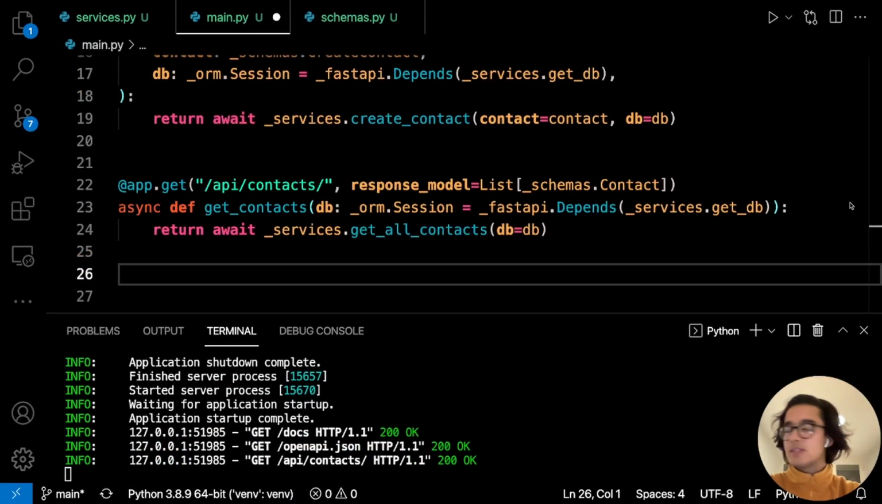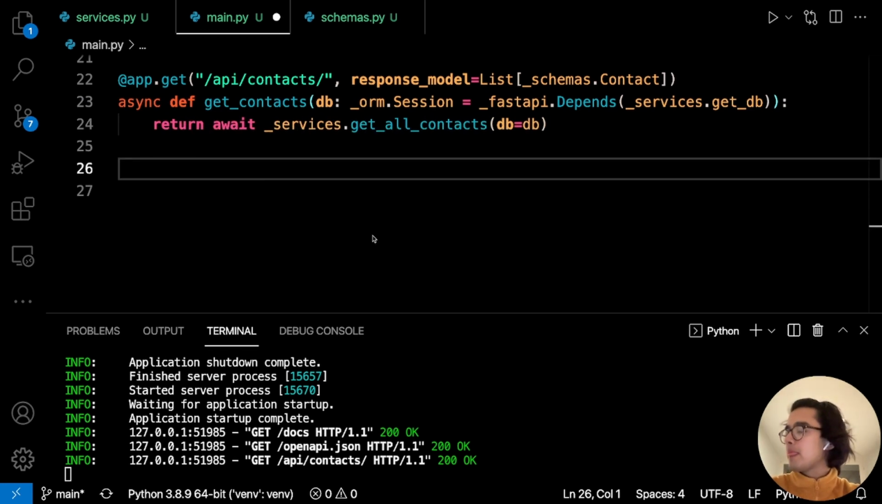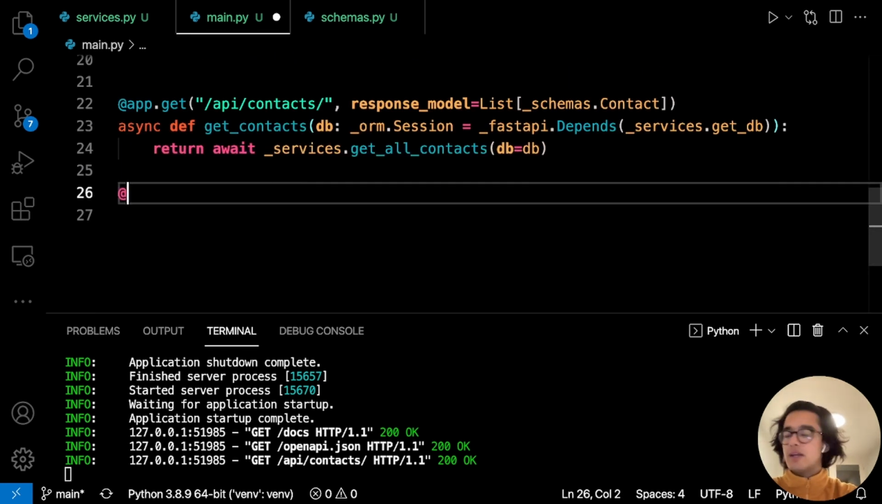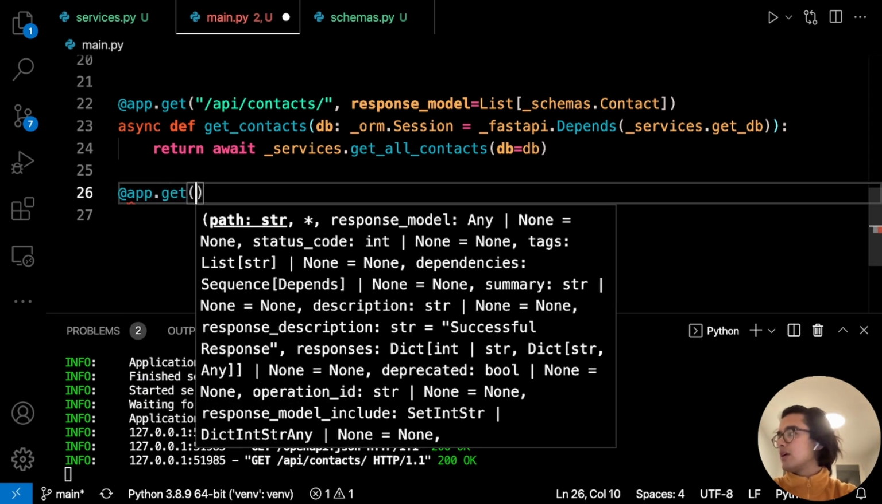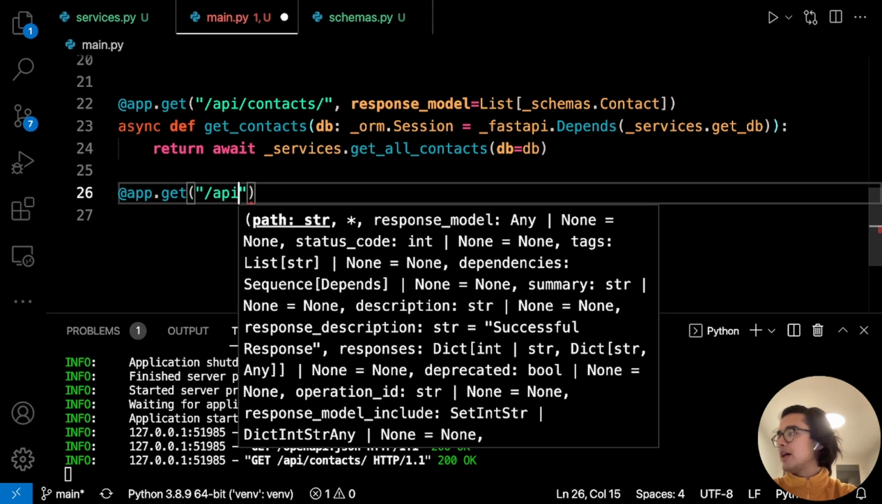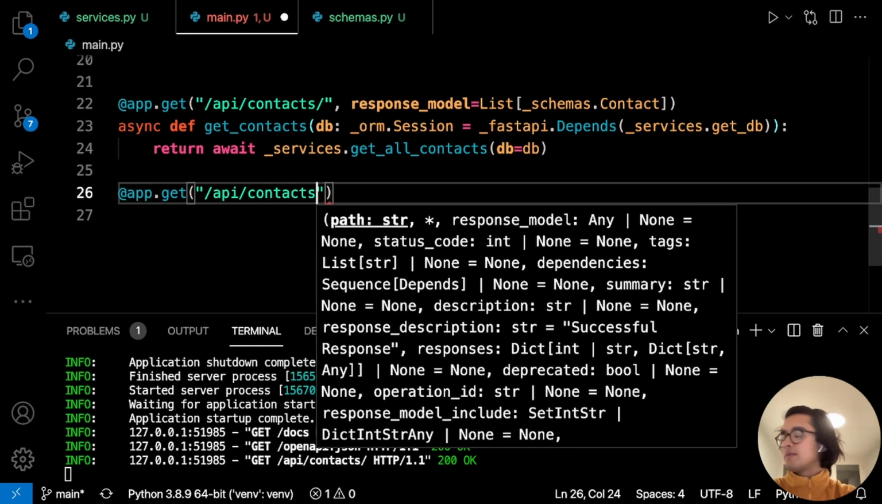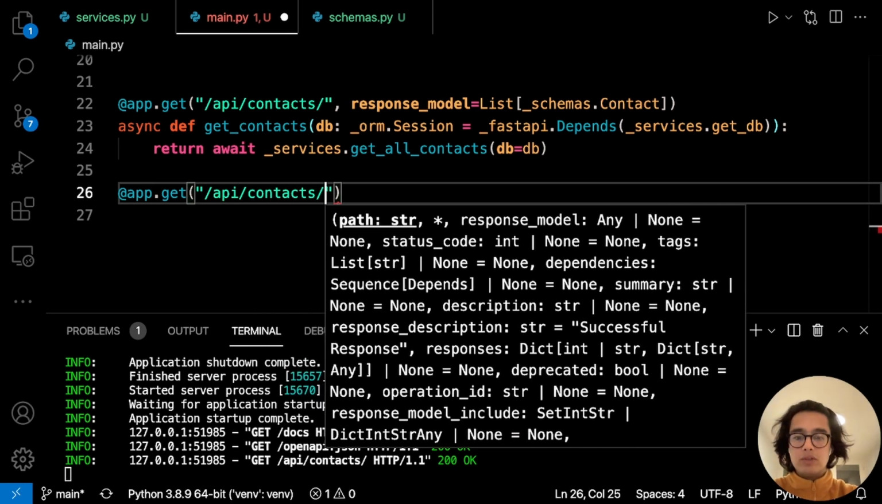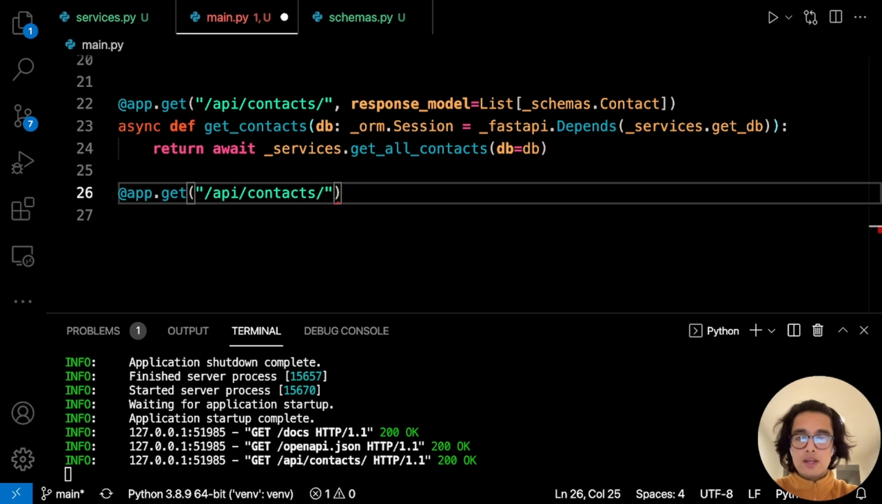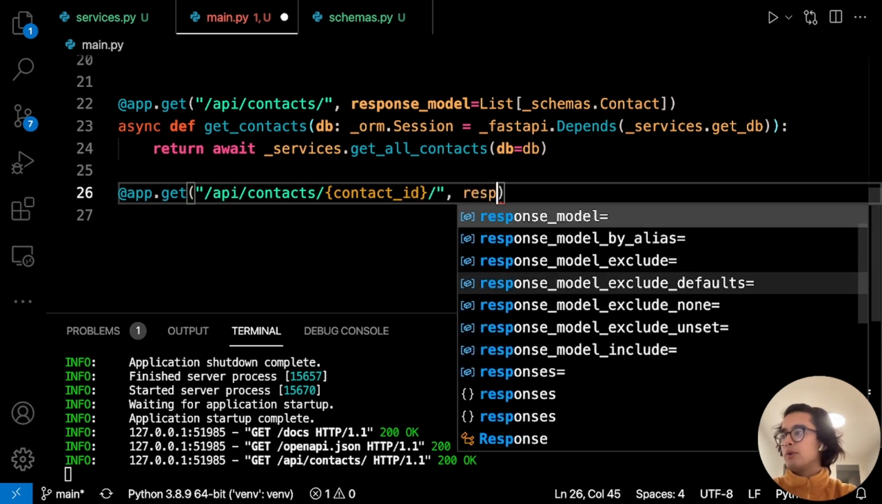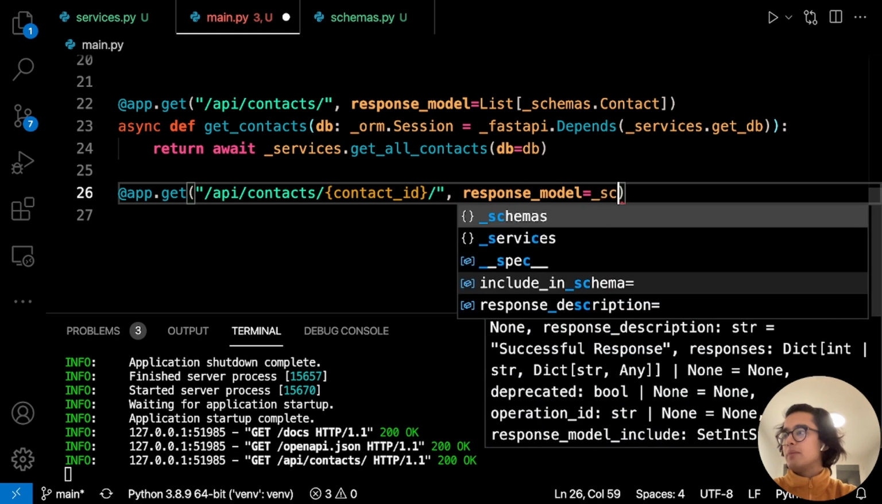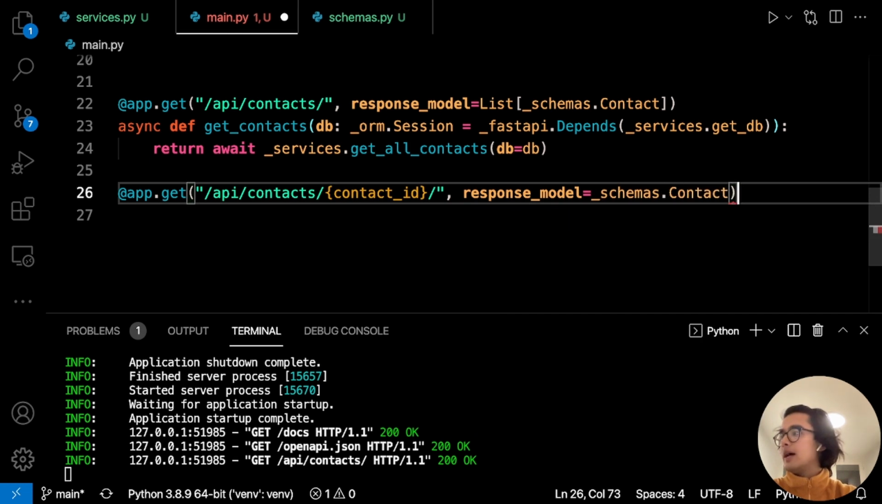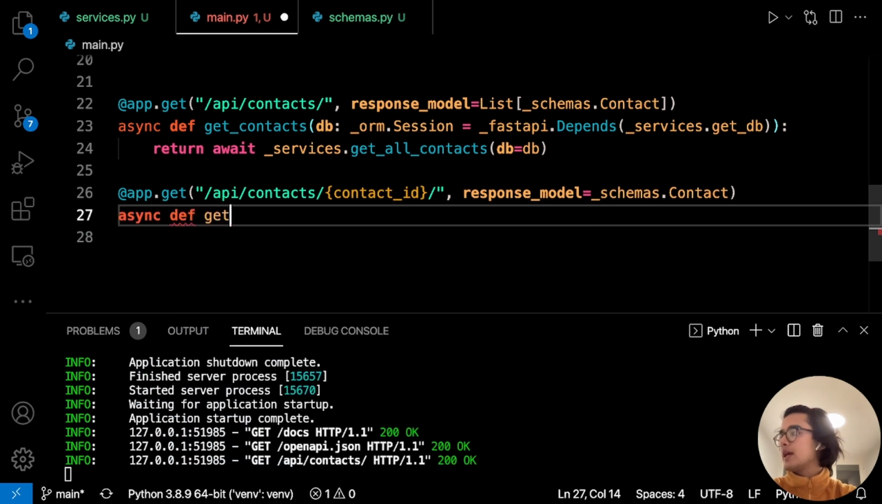So now let's go ahead and just add in the other endpoints. The other one we want is a detail get, so API /contacts/ and then we want to specify the parameter for it. To do that, all you have to do is put inside of curly brackets the name, so contact_id, then /. The response will be a schemas.contact, and let's just do async get contact